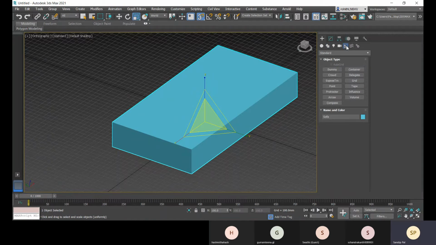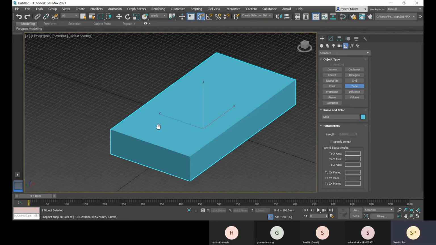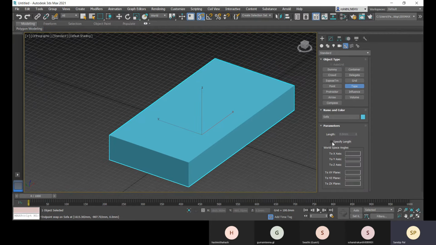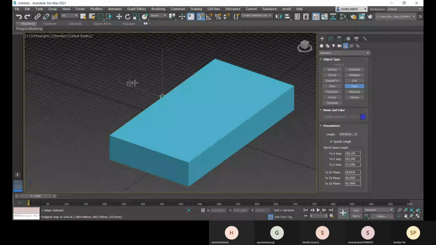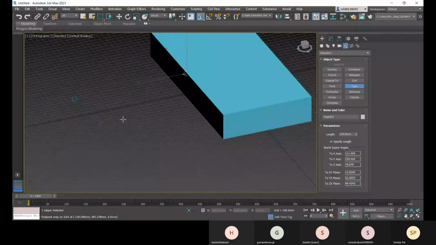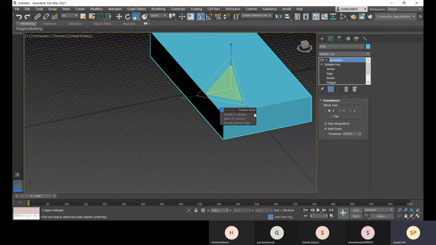Just a second. So for that I need to add a tape here, and let's specify the length. And let's go with 30.